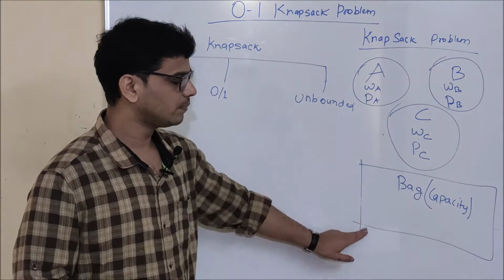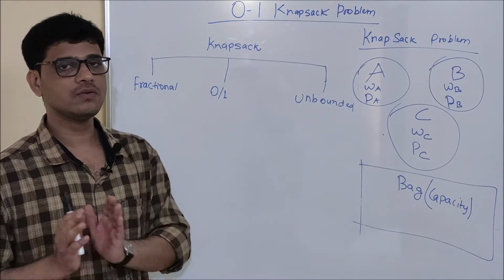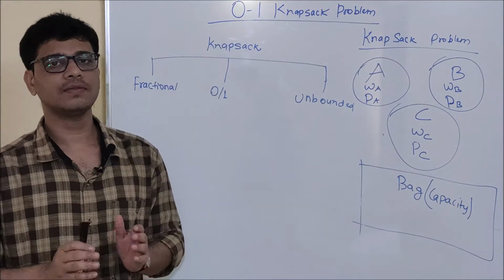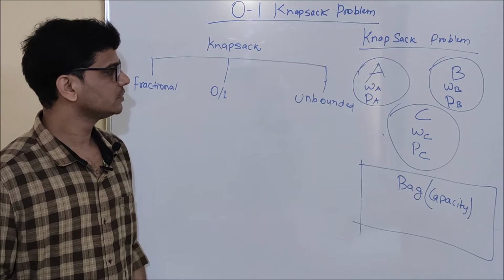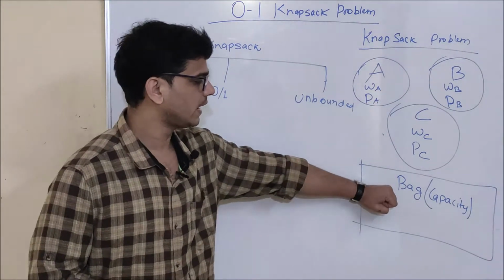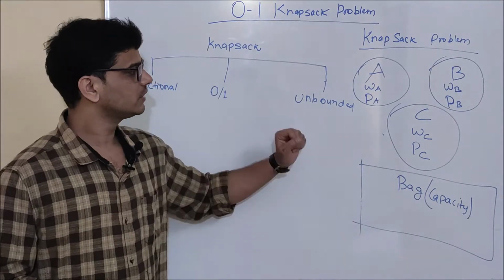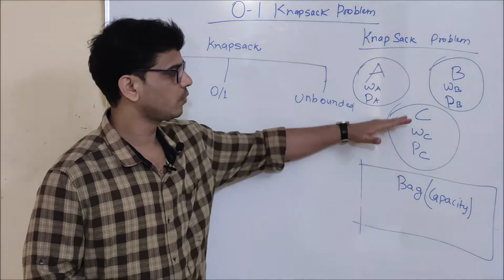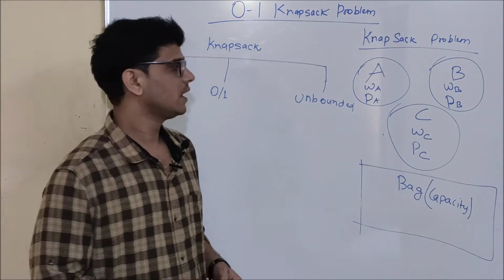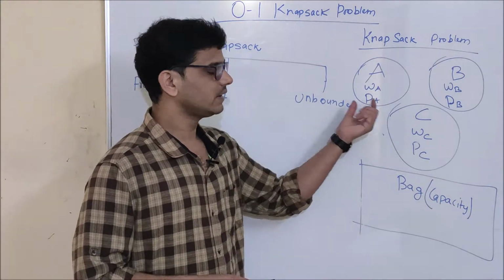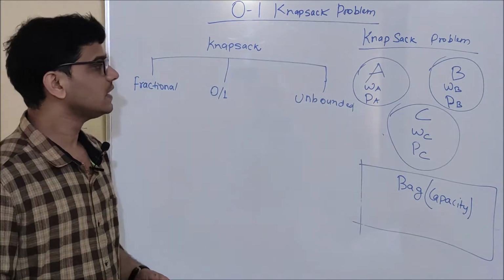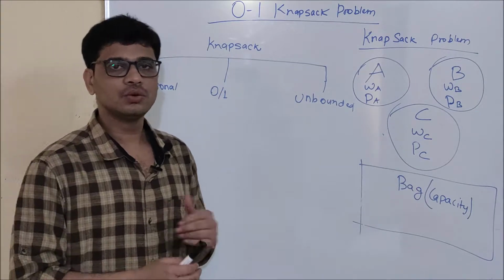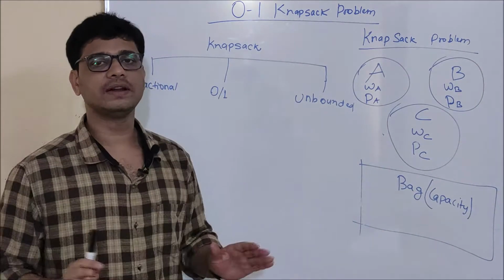And I have a bag of some particular capacity in weight. That is, this is weight, this is weight, this is weight, and I have a bag of some capacity. So my task is to take these objects in my bag, also known as a knapsack, in such a way that the capacity of the bag is not exceeded and profit is maximized. In other words, you can also say it is a price. So basically, our task in the knapsack problem is to take these objects in our knapsack so that it does not exceed the capacity and our profit is maximized.